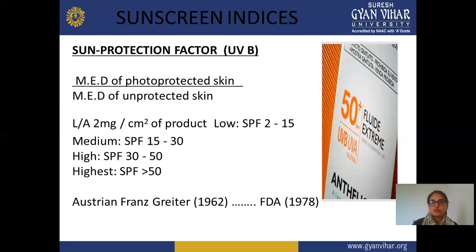This we decide according to the particular protection against sunlight or against particular rays. In this, we are testing the sunscreen with this formula, and we can easily calculate the photoprotected skin area and unprotected skin area. We classify it into 4 types: low, medium, high, and highest. Mainly, we prefer sunscreen with high SPF, which completely protects from sunlight, that is 30 to 50, or maybe also 30. Less than 30 helps to protect only a lesser amount, or is effective only against less sunlight. Otherwise, 30 to 50 is mainly preferred.